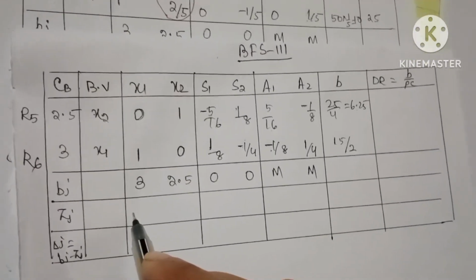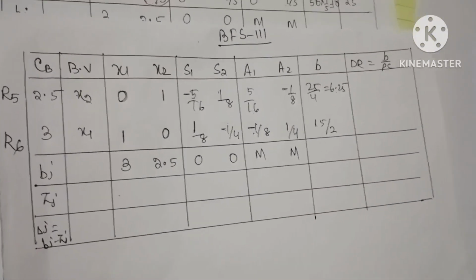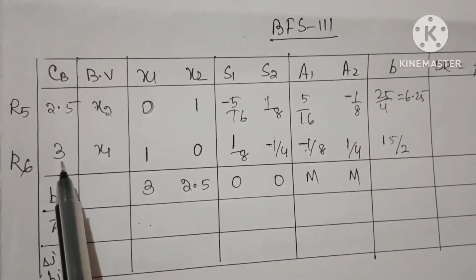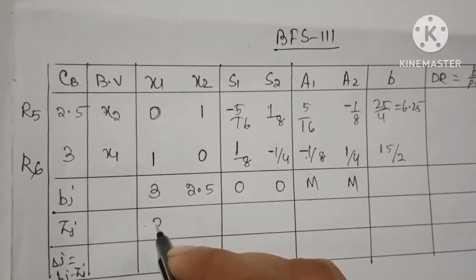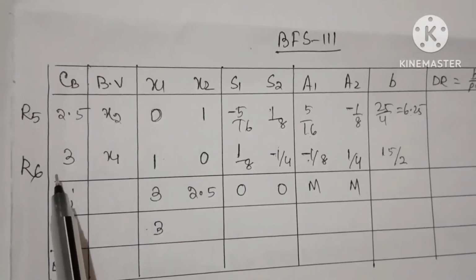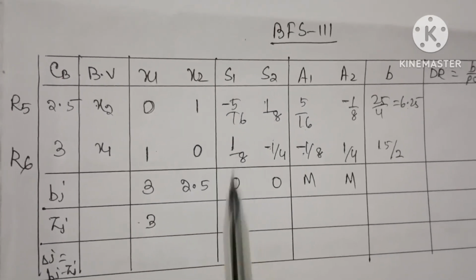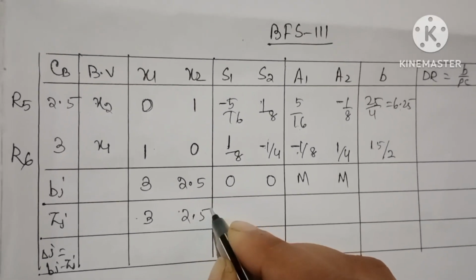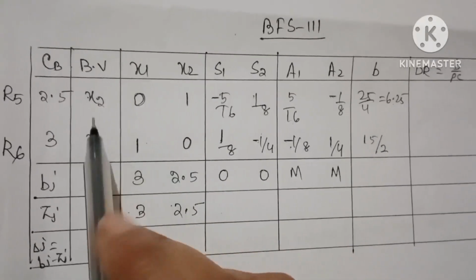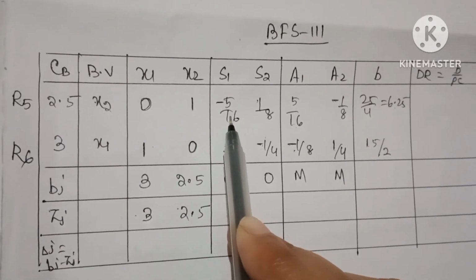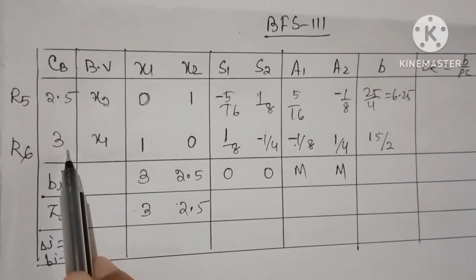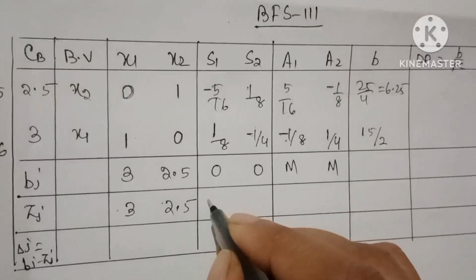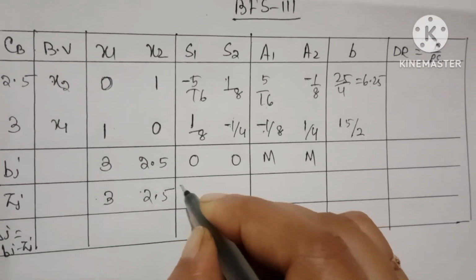Then next we will calculate the values of zj. So here z1 equal to 2.5 into 0 plus 3 into 1. So this equal to your 3. The next, 2.5 into 1 plus 3 into 0, so this equal to your 2.5. The next is z3 equal to 2.5 into minus 5 by 16 plus 3 into 1 by 8. By simplification we will get the value here,